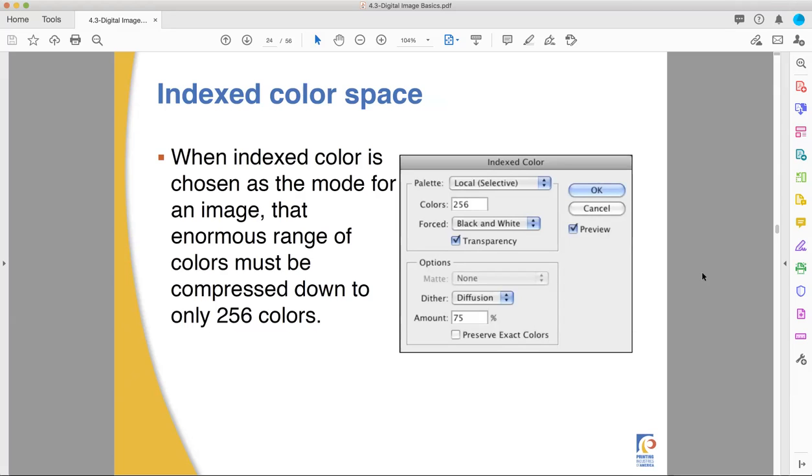It sounds like a real ton, doesn't it? If you imagine going to the store and buying a 256 color Crayola crayon box,